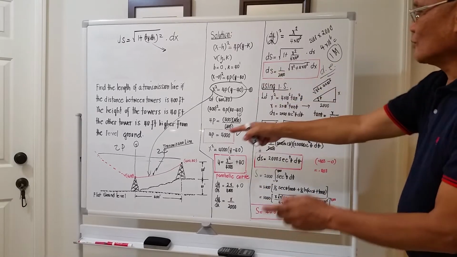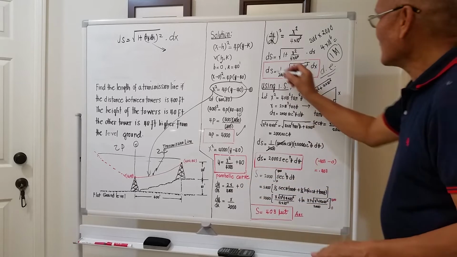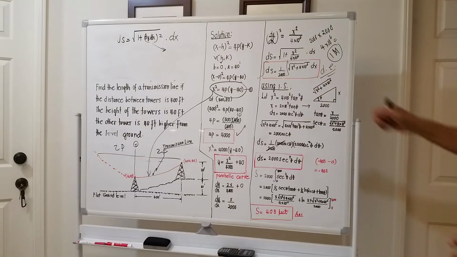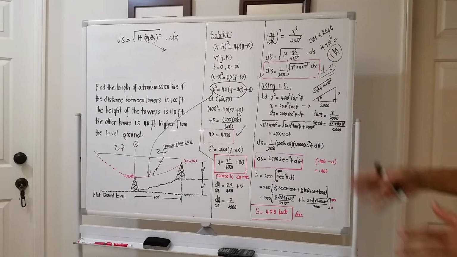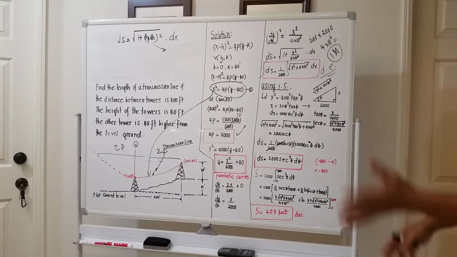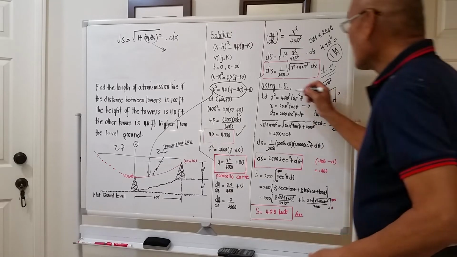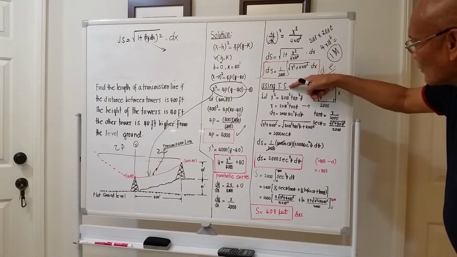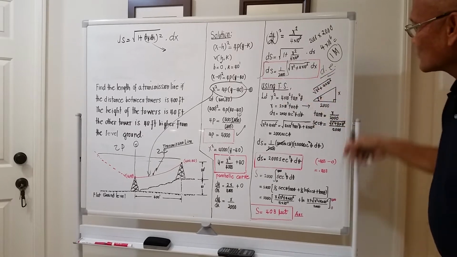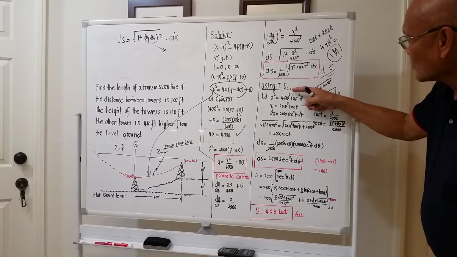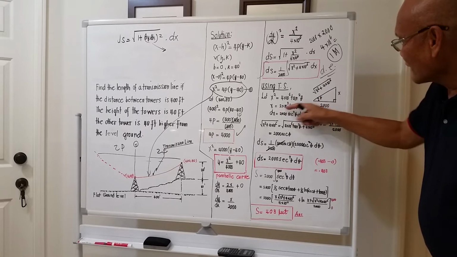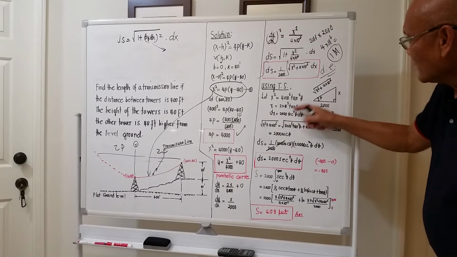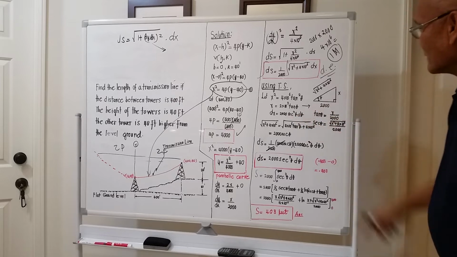And this is now a differential equation. To compute the total length of the transmission line, we will integrate both sides. But it is not an easy integration. This falls under the powers of trigonometric functions, so we will use trigonometric substitution. We will let x squared equal to 4 million tangent squared of theta. Taking the square root of both sides, x now will be, the square root of 4 million is 2,000, tangent of theta. Taking the differential, dx now will be 2,000